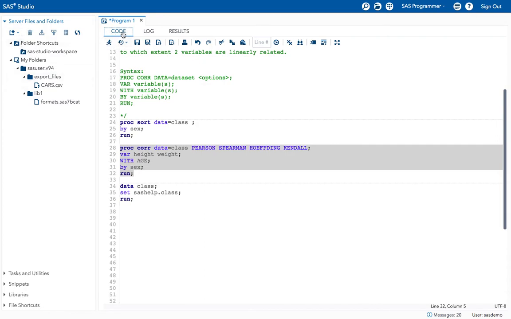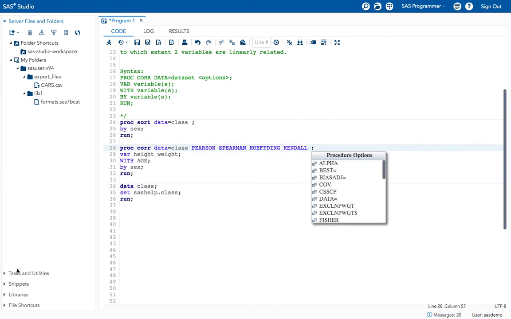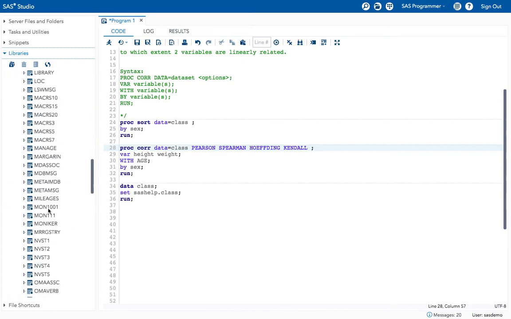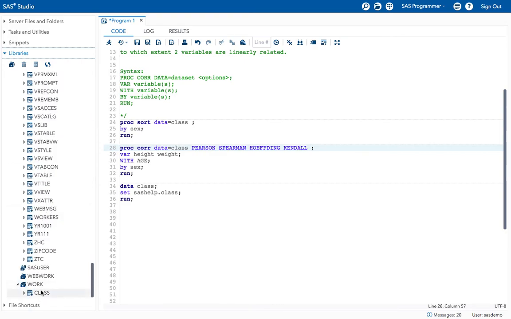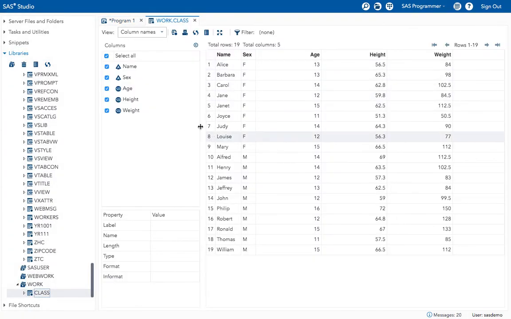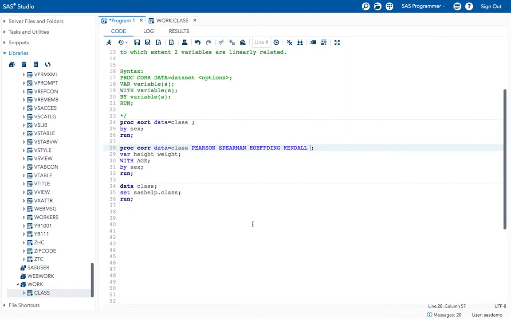And if you want to print these tables in the output, how can you do that? See, if I go into my work library, I just have the class dataset printed, but I didn't get printed any of the work that I have done so far, right? See, now I want to print this. How can I do that?